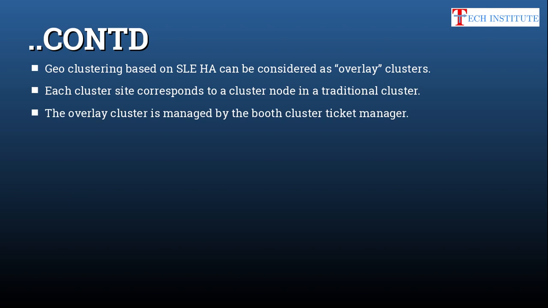Here you need to understand, in a normal cluster like a local or metro cluster, what happens? All the nodes communicate over heartbeat, and that heartbeat monitors the cluster state and health. But in geo you cannot use that heartbeat, because you will have one site in Kolkata, one site in London. If you have a heartbeat between them, you may face latency in your network, which can create confusion for your cluster. It can think one site is down and try to get back the resource. That is not intended.